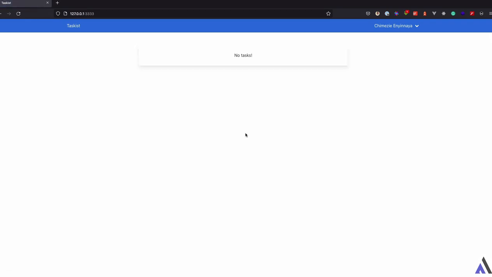Of course, we don't have any task for now. By the way, behind the scenes, I have created an account and I have logged in. Because the way the application is built, you need to be logged in to be able to view this page. Just to be sure that we can actually display tasks,